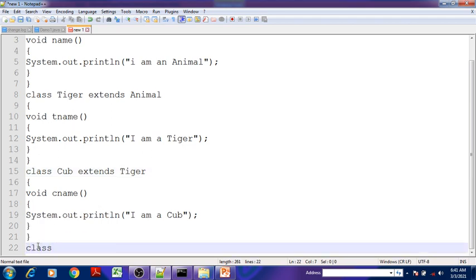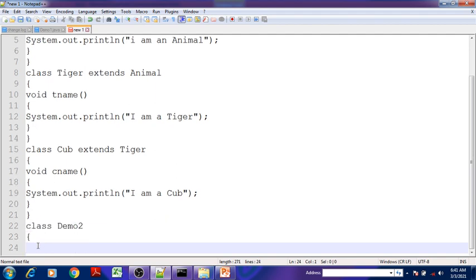Class, for example, main class name is demo 2. Okay, so public static void main string args,